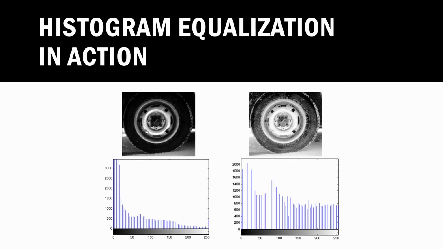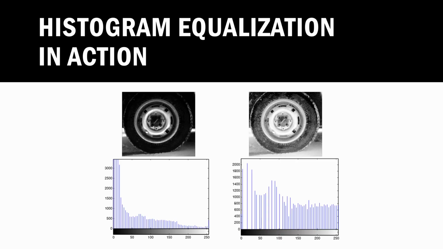Here we see another example of histogram equalization, this time with a tire image. On the left, the original gray level image has relatively low contrast. Most of the pixels are concentrated in the darker intensity range, which causes the picture to look flat and lacking detail. The histogram below confirms this, with a tall peak near the lower values and very little spread across the